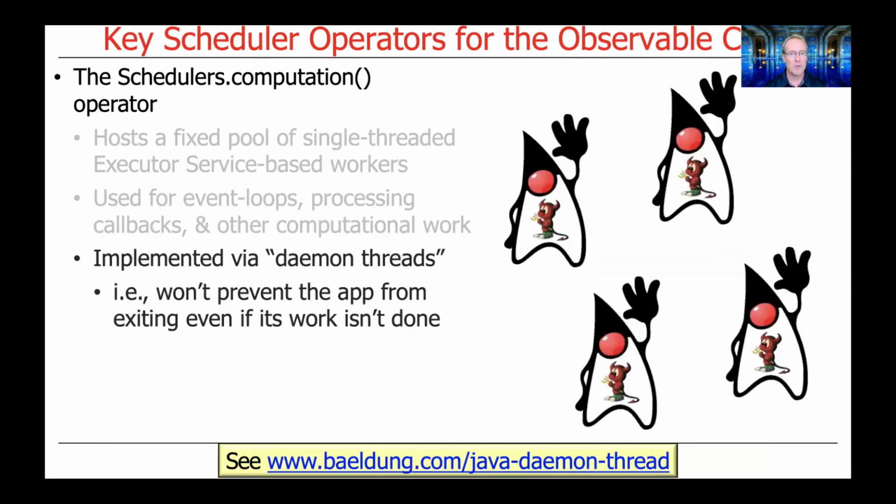Internally, these threads are implemented as daemon threads. And what that means is that they won't prevent the app from exiting, even if the work that's running in the daemon threads hasn't finished. This is a special type of thread, and it's created using a daemon flag as opposed to a normal user-defined